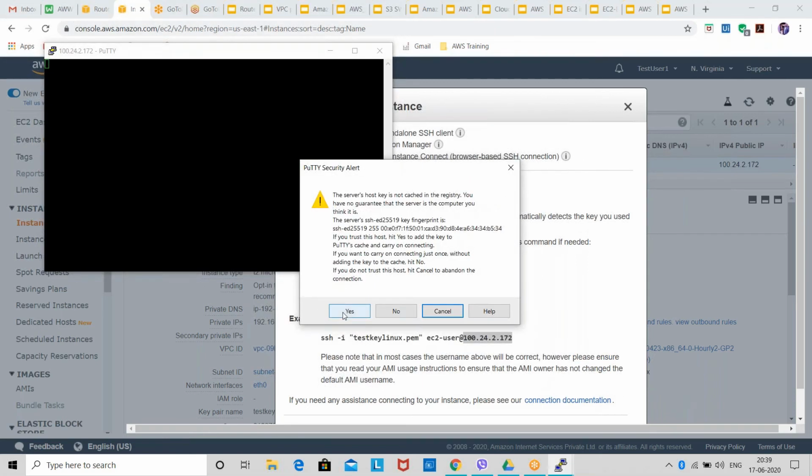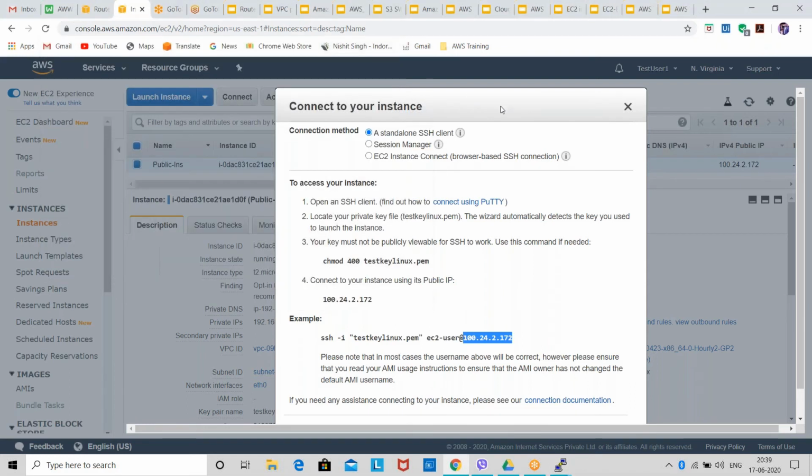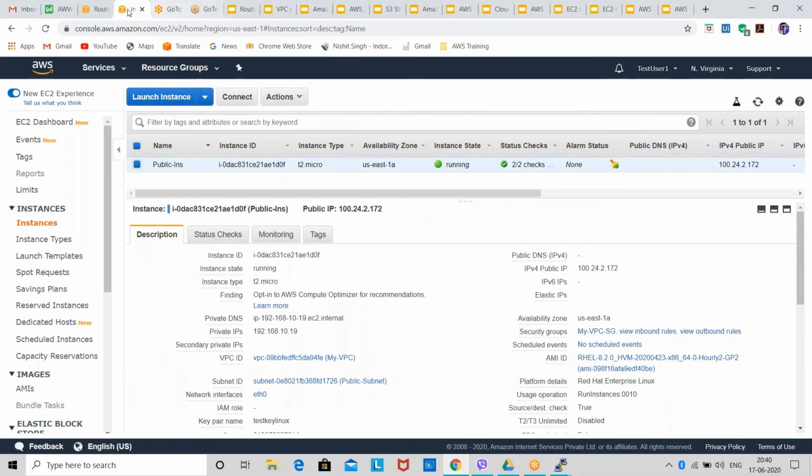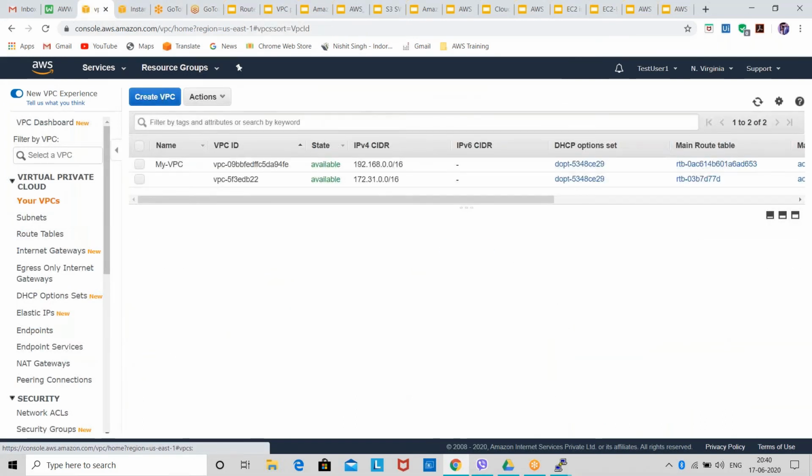Okay, so you guys can see now they are connecting us to the instance. I forgot to configure the internet gateway first. I forgot that without an internet gateway we cannot connect to our instance. So now I'll clear everything again, and I'll show you everything again from this part, so you guys will not get confused.